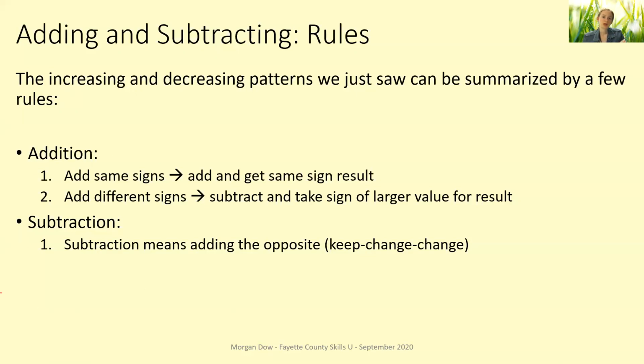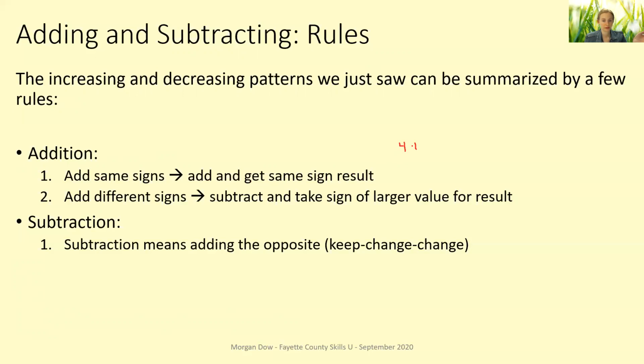So the patterns that we just saw, where adding a positive makes you increase, subtracting a positive makes you decrease, adding a negative makes you decrease, subtracting a negative makes you increase, those patterns can be summarized by these rules here. So we have two addition rules. The addition rules are that when you add the same signs, you add those numbers and your result will keep the same sign. So for example,